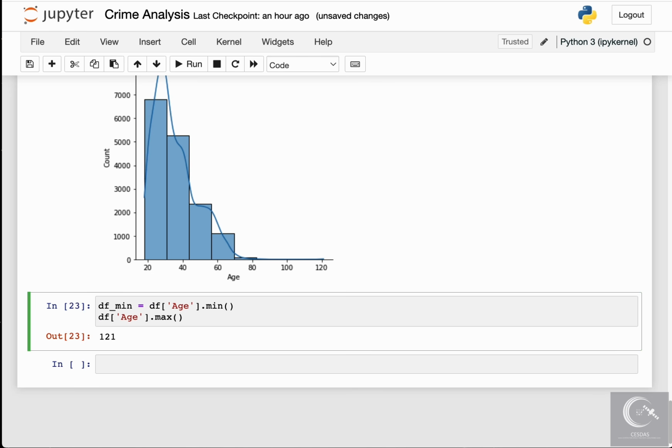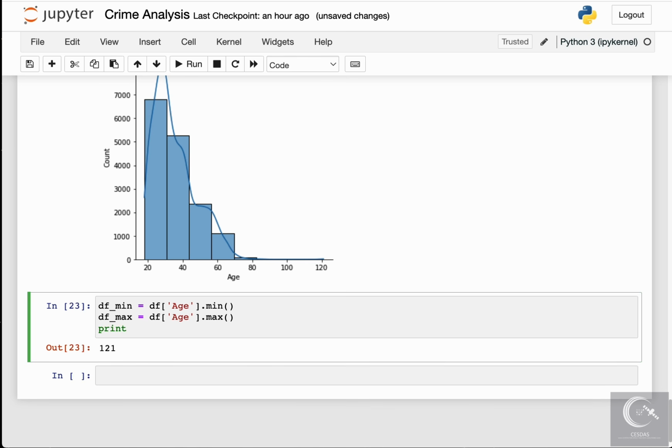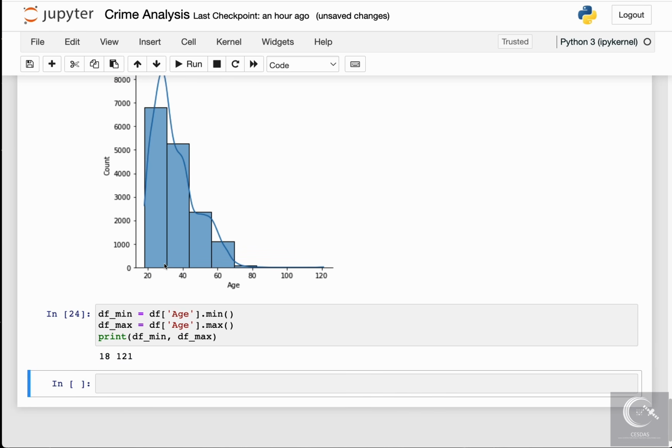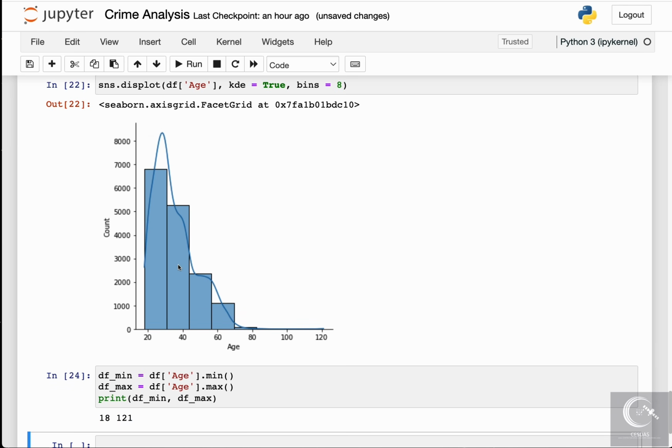You can send this df max, and then I can do print df min, comma df max, so that I can have the min and the maximum. So the minimum age of the person who committed crime or who was arrested from this DC dataset was 18